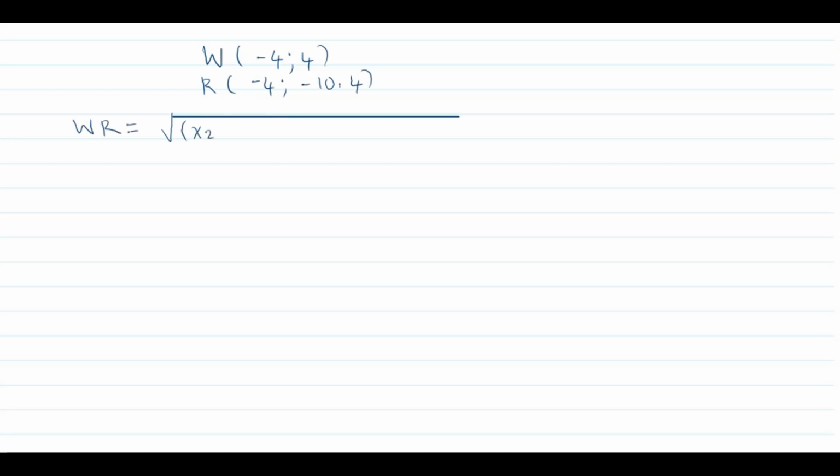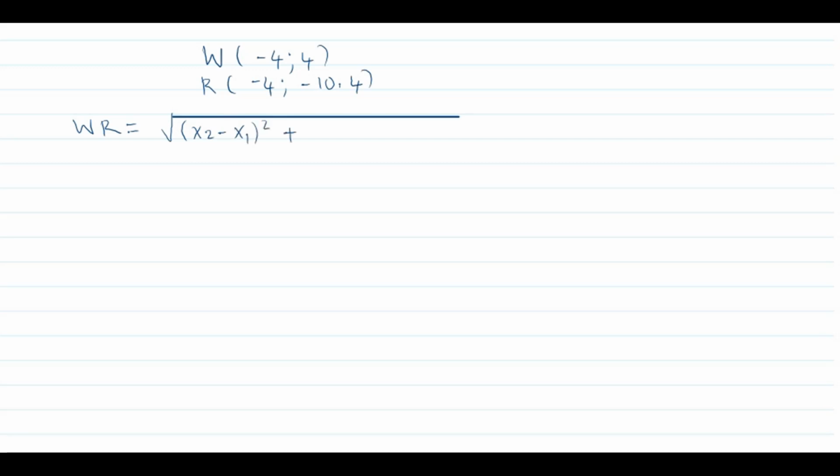Our W is equal to -4 and 4, and we know that our R is equal to -4 and -10.4, right? So using the distance formula, we know that WR is equal to the square root of x2 minus x1 all squared